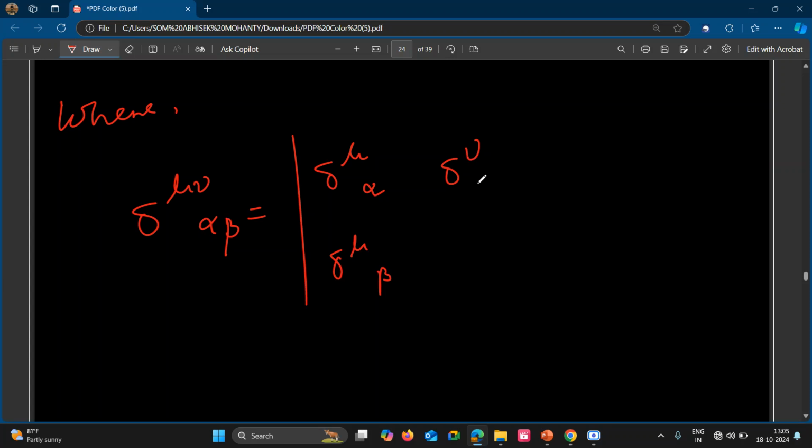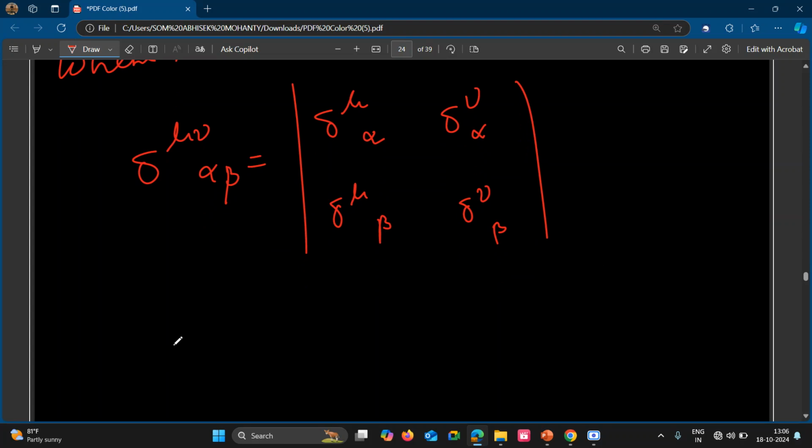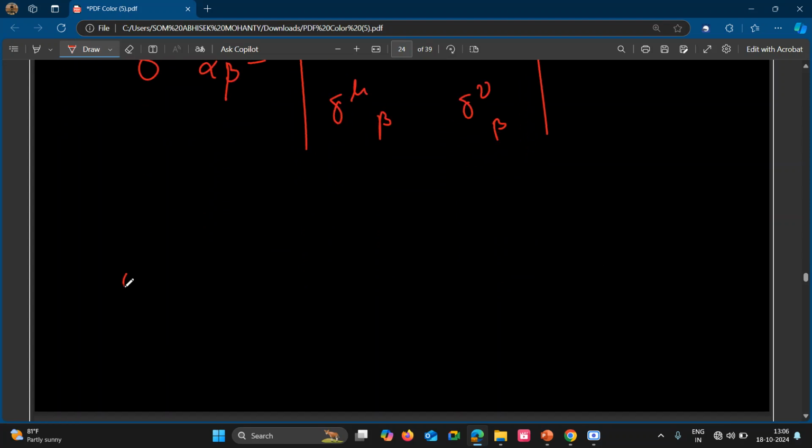The first row is alpha, the second row is beta. Simple. If I write for the 3 by 3 matrix, suppose mu, nu, lambda, alpha, beta, gamma,